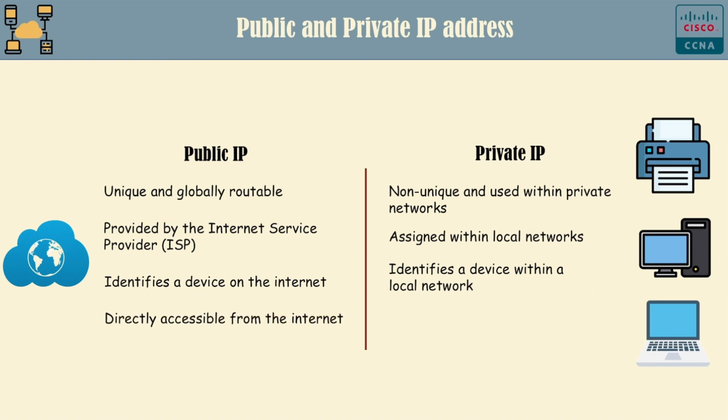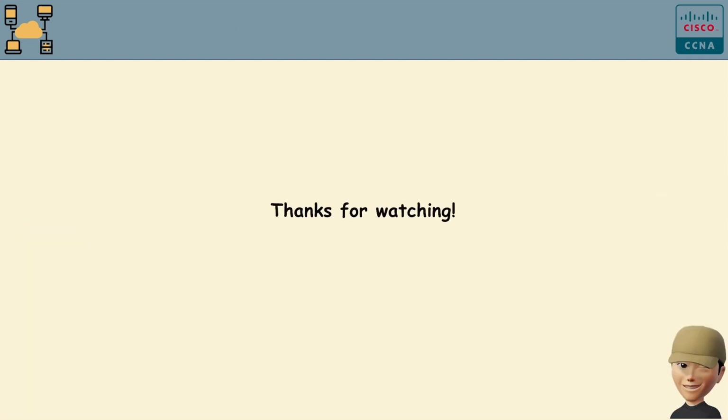Public IPs are directly accessible from the Internet. Devices with public IP addresses can be accessed directly from the Internet, allowing services and resources to be available publicly. While private IPs are not directly accessible from the Internet, devices with private IP addresses cannot be accessed directly from the Internet. Instead, Network Address Translation (NAT) is used to translate private IP addresses into public IP addresses when communicating with the Internet. That's all about the basic knowledge of the simplest LAN diagram and public and private IP